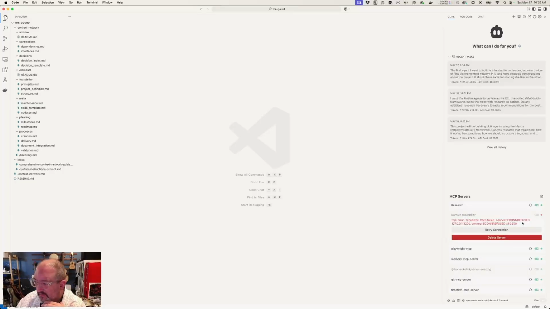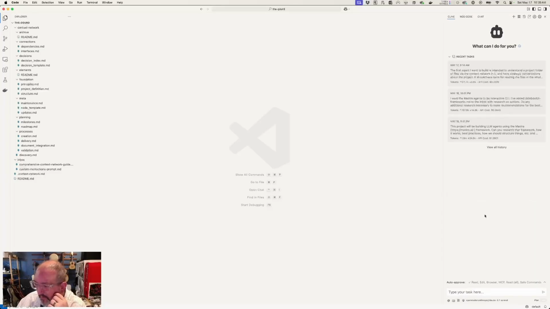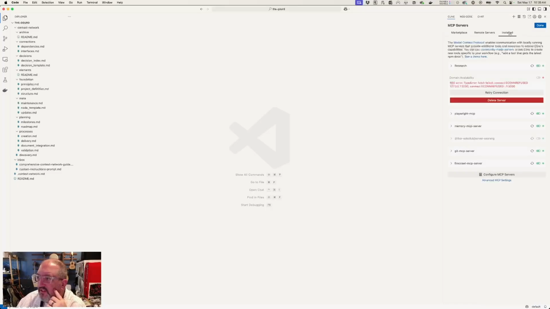You'll see that my domain availability is broken, and I'm rewriting that one. But there's one called research that is useful to know. I thought from this screen you could get to the full view of it. You cannot. But if I go to the one up here, which is the same icon, and I choose installed,